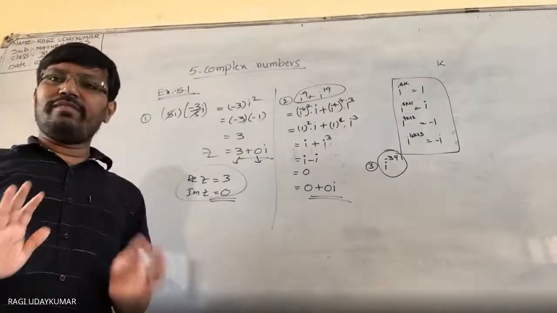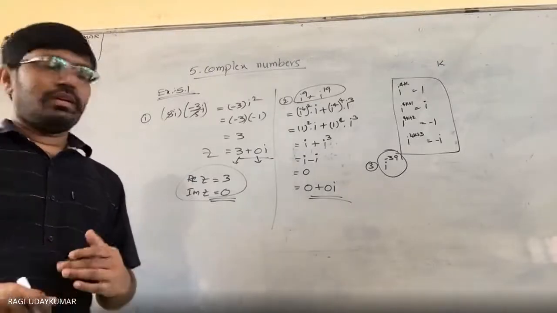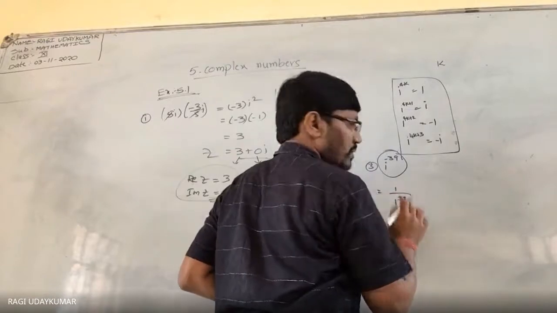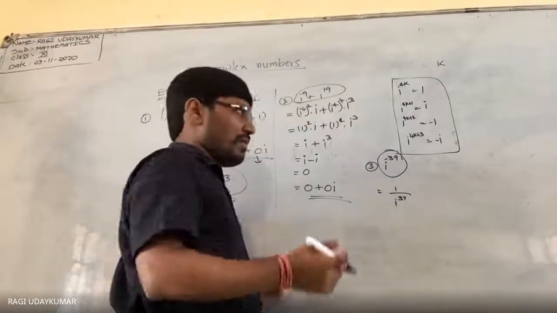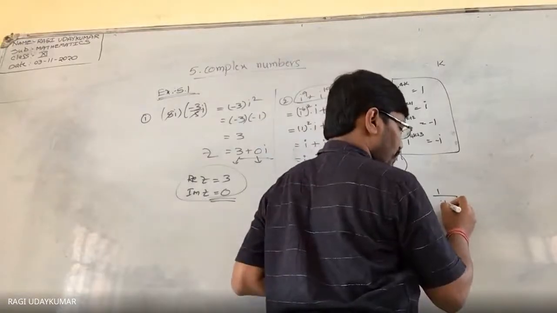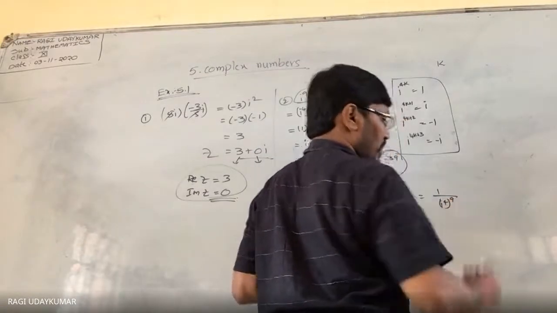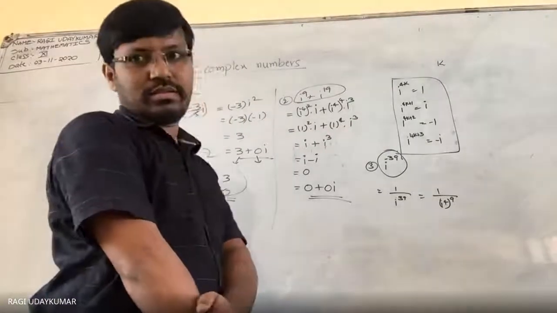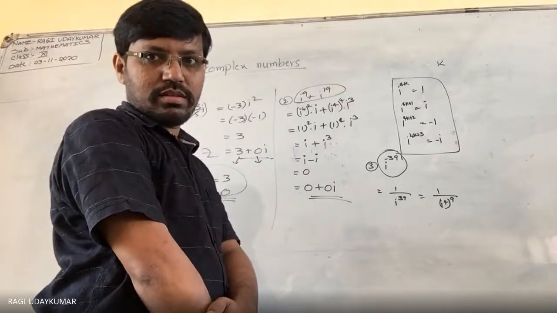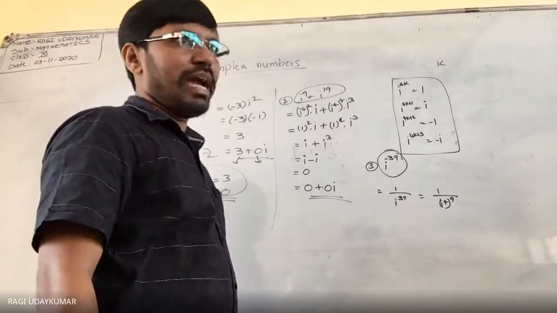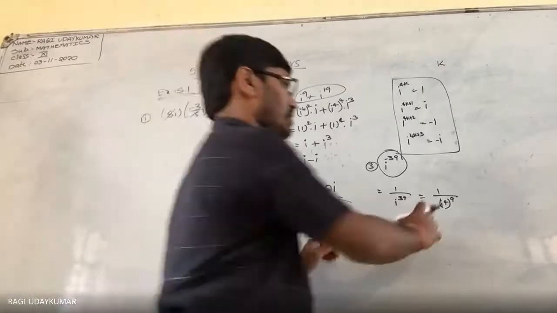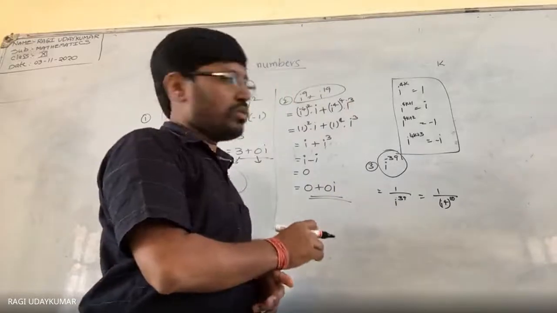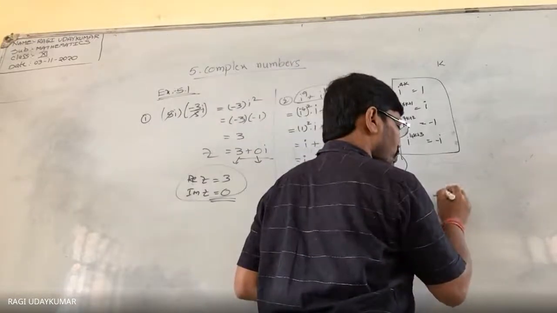Yes, there are multiple ways to do this problem. If you get confused, you can write 1 by I to the power of 39. मैं बोल रहा हूँ one method. 1 by I to the power of 4 to the power of 9. 9 4 is 36. 36 हो गया. Okay? Otherwise, power 10 if you write I to the power of 40 हो गया. But I to the power of 39 ही चाहिए हमको. So in the numerator I.